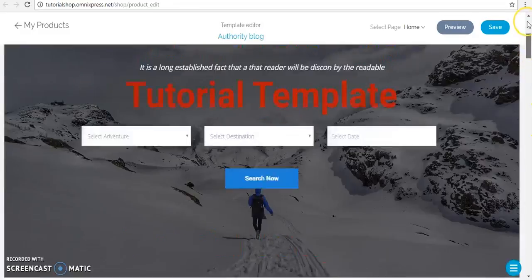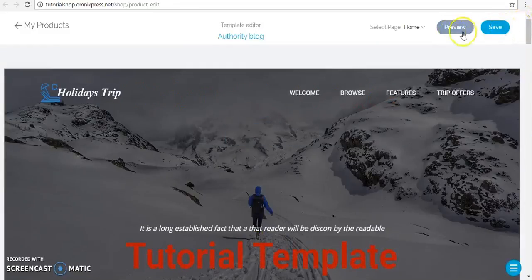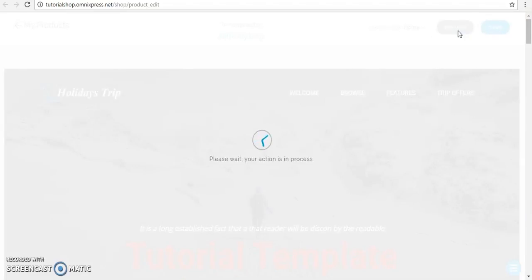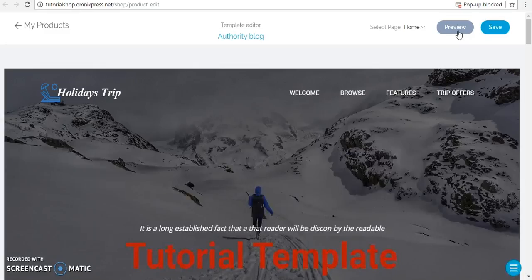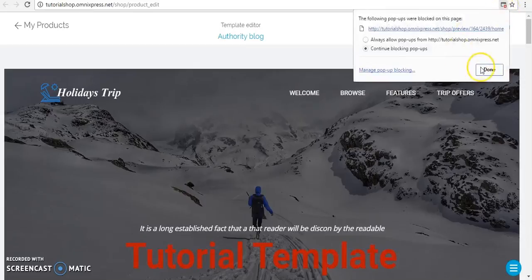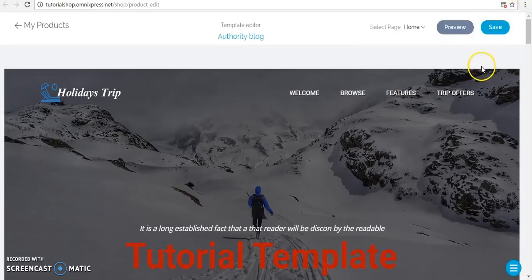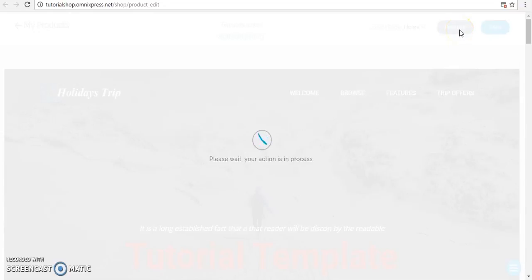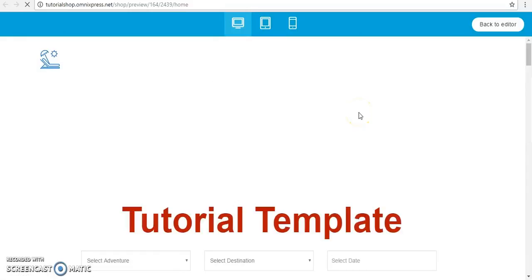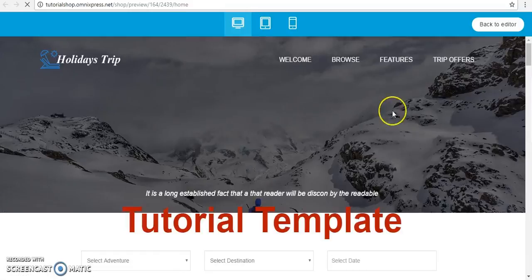For now I move on to save this, but just before saving that I want to preview it. If I click on the preview, this whole HTML template will get saved onto the Omni Express server for now, and we can preview that. Just a second, let me allow this. Then click on the preview again. We will change this process as well. When you click on the preview, it will open up nicely over here without the pop-ups, so it will not affect your customer base.